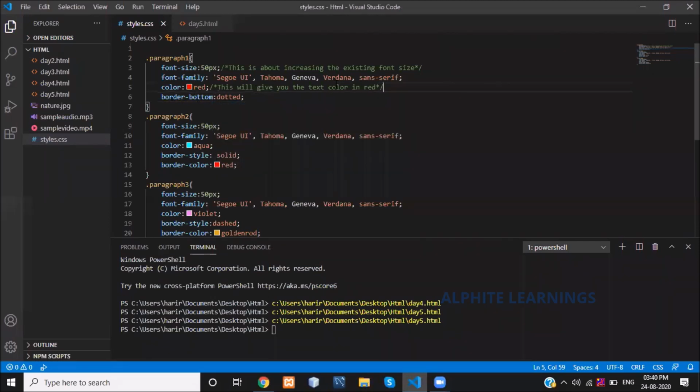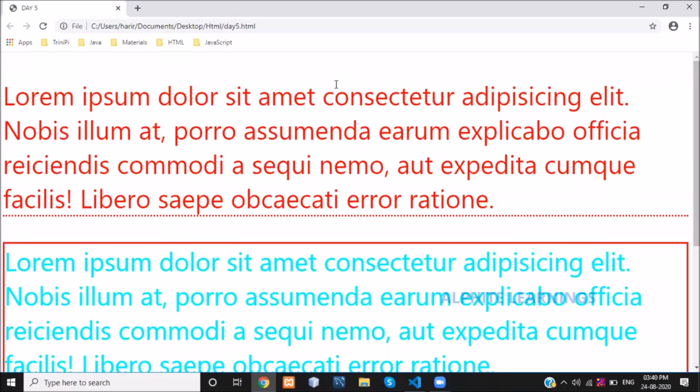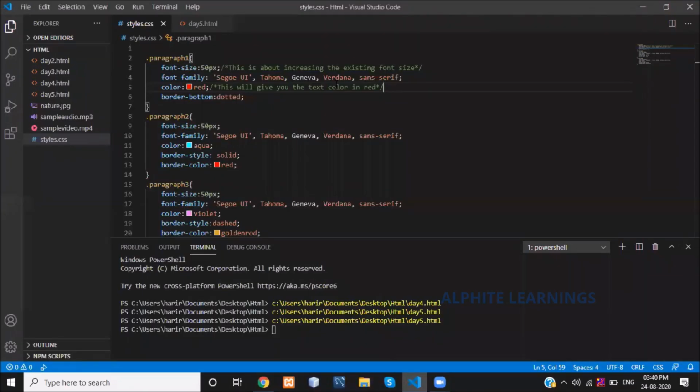What it does is give you the dotted border at the bottom of your paragraph 1. See, it gives you the dotted border at the bottom of your paragraph 1.